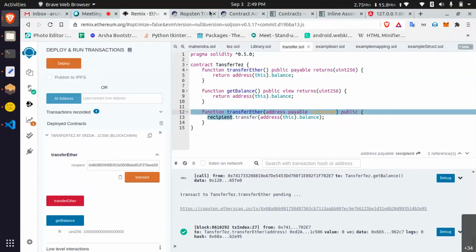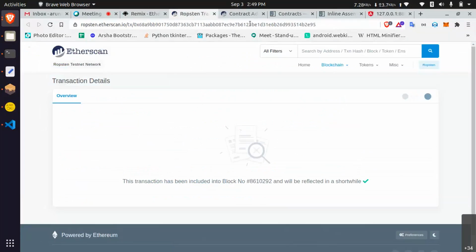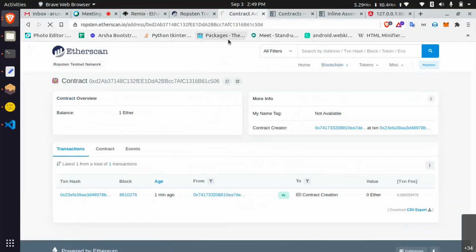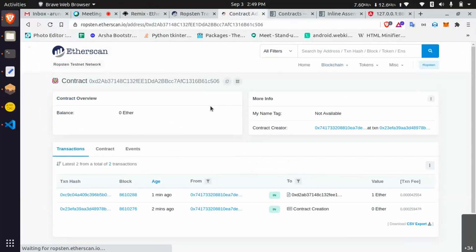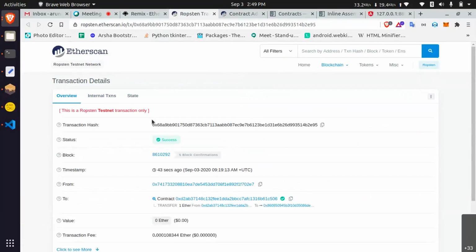Yeah, I transferred the entire amount into that account. Now you can see the balance in the contract is 0. You can see that one ether transferred from this account to this account.